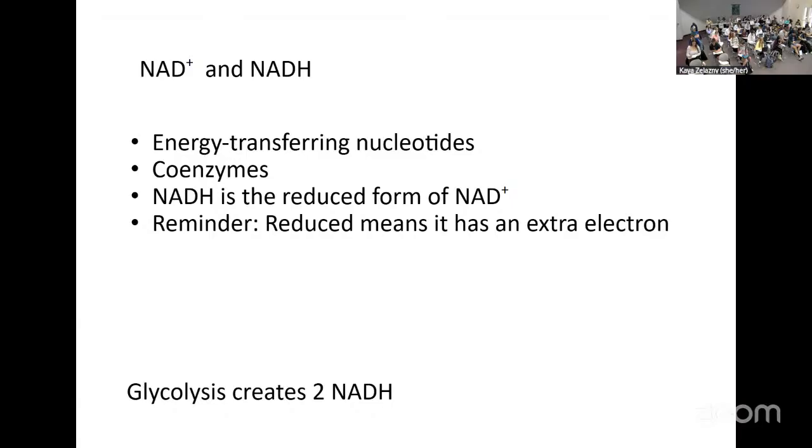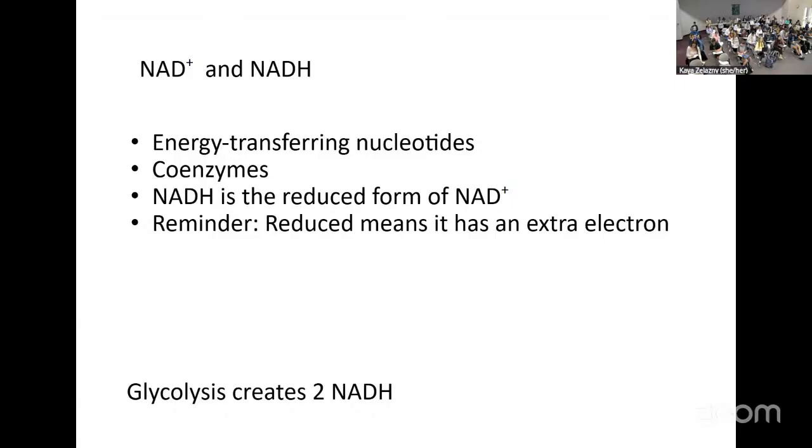All right, so looking at that NAD and NADH, these are energy transferring nucleotides. So kind of think of them as little cars that are carrying electrons to the end of the process, right? When that H hops in, it's hopping in with electrons. And we're going to be carrying them to our oxidative phosphorylation step inside our mitochondria. So these count as something that works alongside our enzymes. When we were talking about cofactors and coenzymes the other day, this is an example, something that's not an enzyme, but we're going to need to use it in conjunction with our enzymes